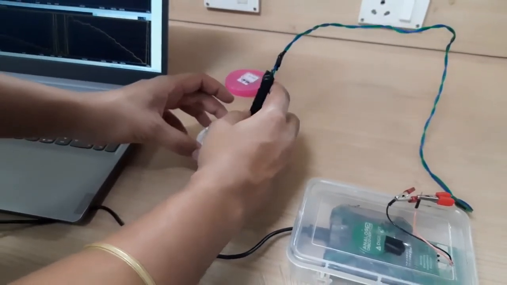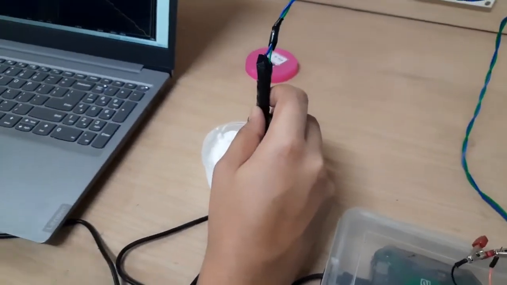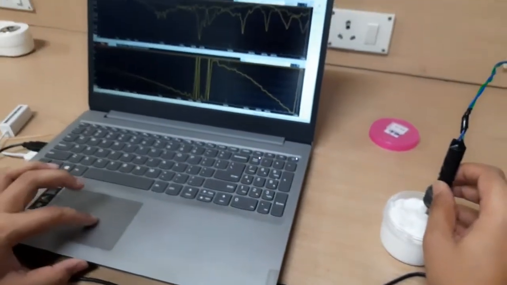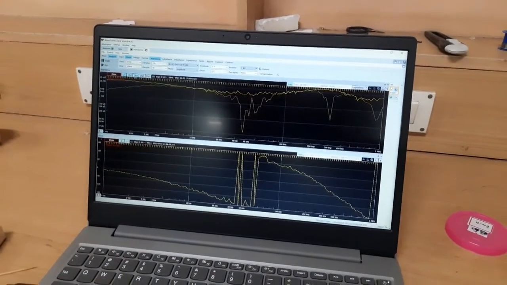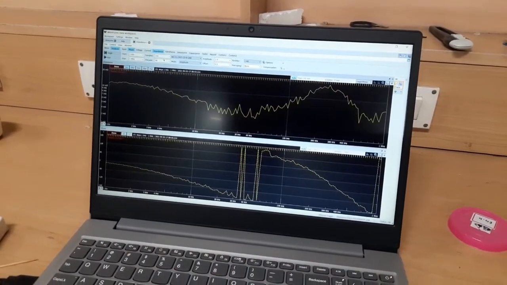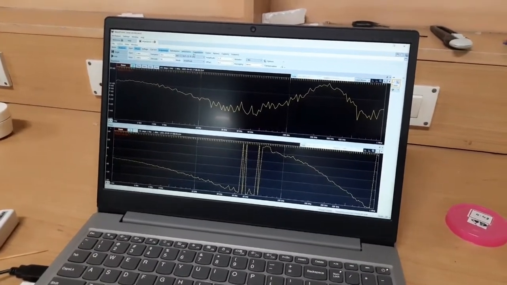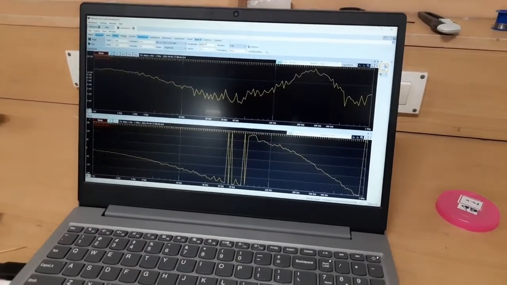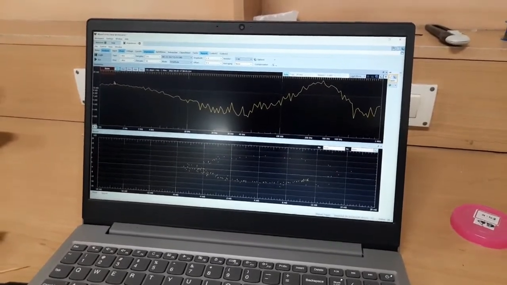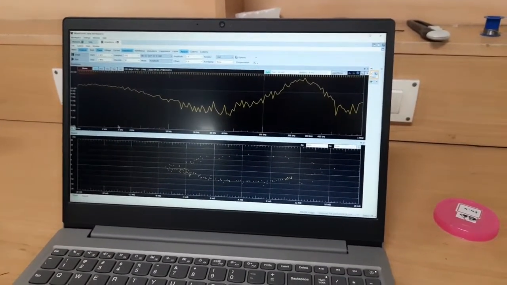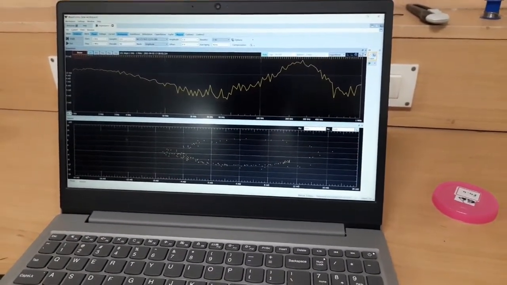So I just put this here. I have to hold it like this. Then I have to click here. Let me show the impedance only; I am not going to show all of this. And in this section, let me put the Nyquist plot. I just select these two, so the first scope will show me the impedance, and the next scope will show me the Nyquist plot.